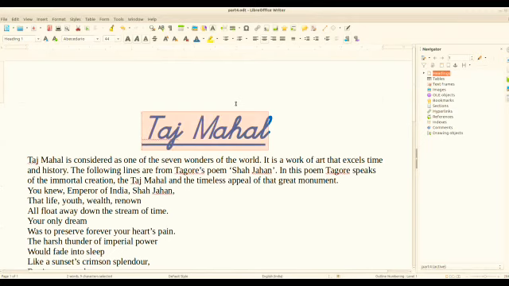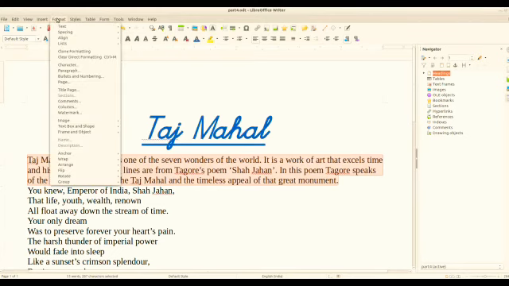Next we are going to format the paragraph. For formatting, select the text, select the paragraph, which is just a description about the poem, and then click the format button and select the paragraph option.